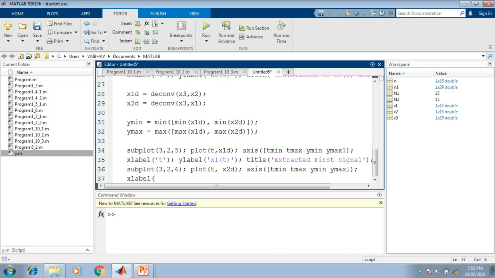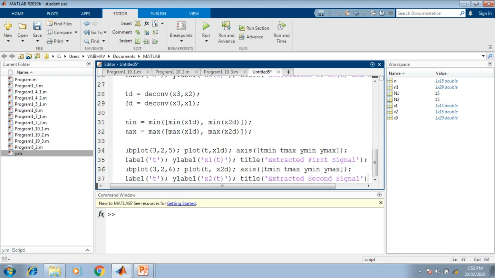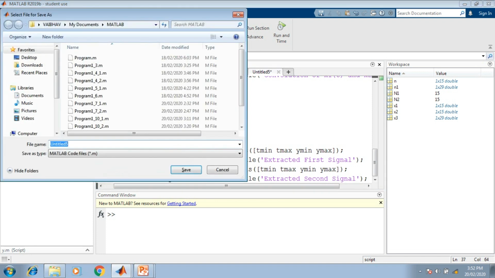X labeling, the same parameter into the time, continuous time here, that is t. Y labeling here, so for y labeling here we represent x2 of t, the original representation of the second signal, and the title here. So in this title we just mention extracted second signal. So ending this syntax with the semicolon, and we need to save the script.